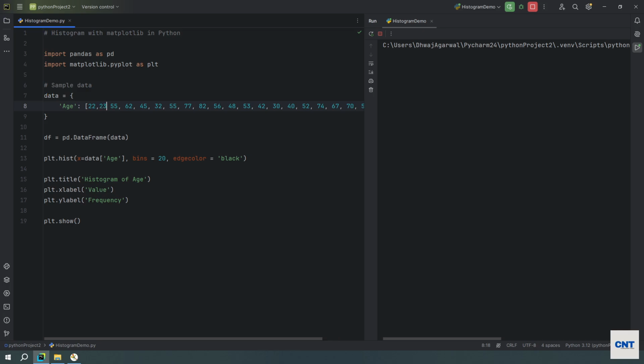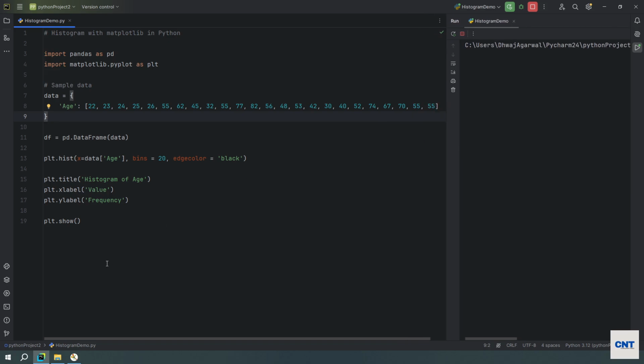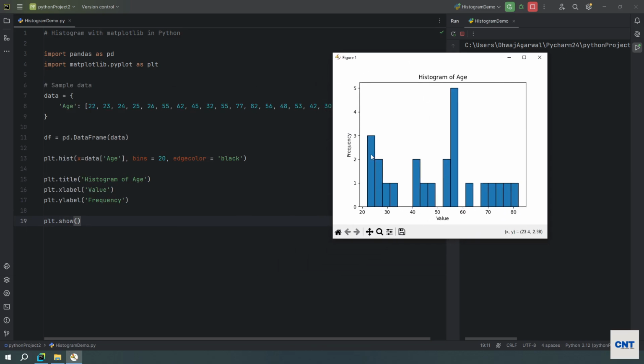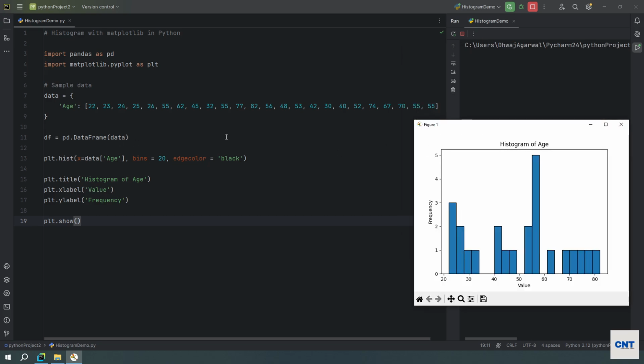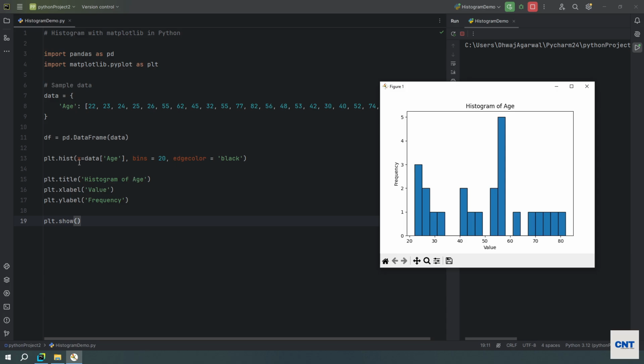If we add more numbers, our bar will be taller. 24, 25, 26. I have added four more values into this data set. Let's rerun the program. You will notice a change in the bars. So we have three values in this first bin. We have created this histogram chart with the help of this hist function, which falls under this plt alias,